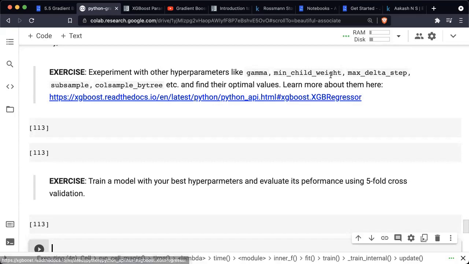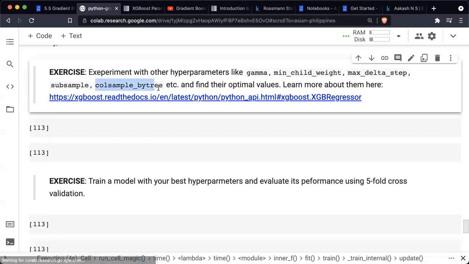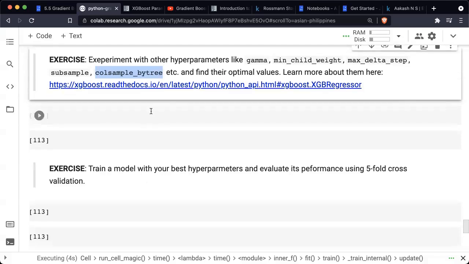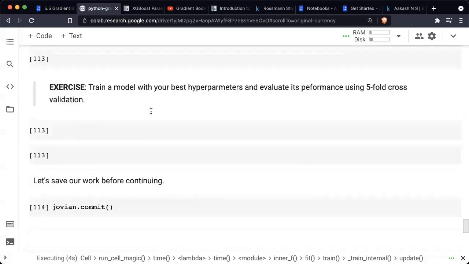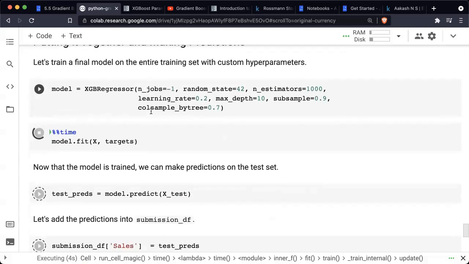Then you have max delta step. You'll have to check this out; I'm not sure about max delta step. Then you have subsample. For each tree, instead of using all the rows, you can also just use a fraction of the rows. So that's subsample. You have colsample by tree, which means for each tree that you create, instead of using all the columns, you can simply use a fraction of the columns. Instead of using all 120 columns that we have right now, maybe you just use 100 columns each time, randomly chosen. And that again creates some kind of randomization. Yeah, so those are some of the things that you can try out.